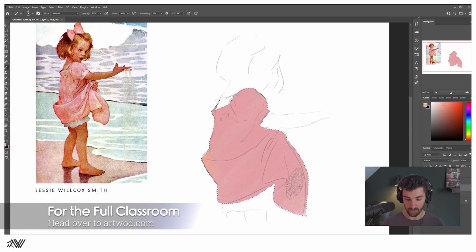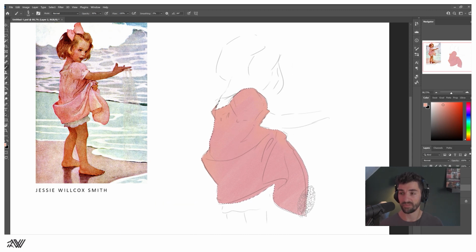So the artist in question that we have today, by the way, guys, is very interesting. I only discovered her recently. This painting is from Jessie Wilcox Smith, and she is a painter from the late 1800s and early 1900s. So 1870 to, I think, somewhere in the 1920s, 1930s, or even later. I think she became 70 years old.